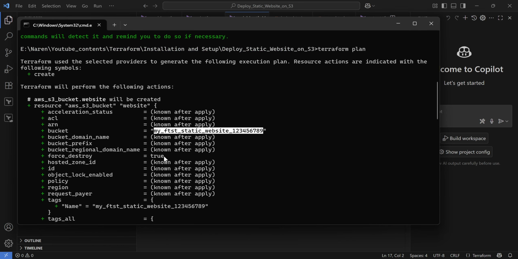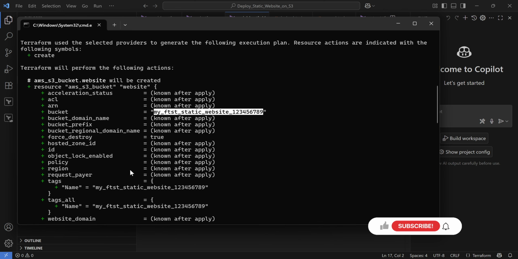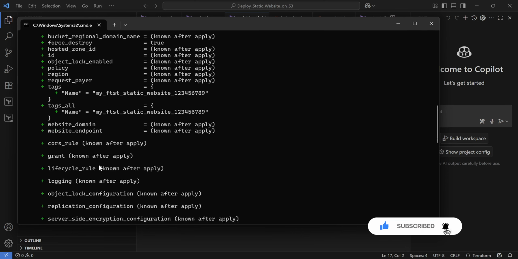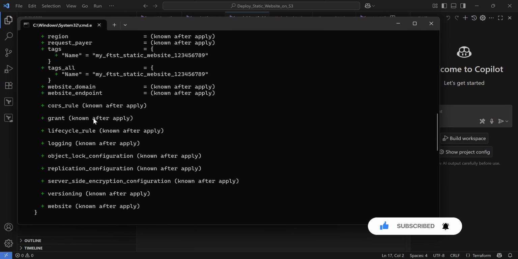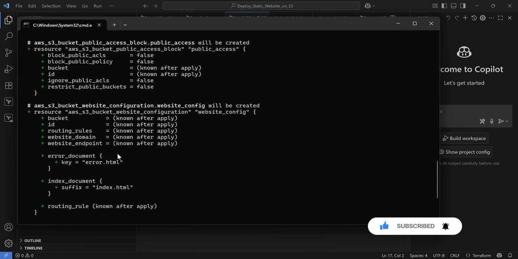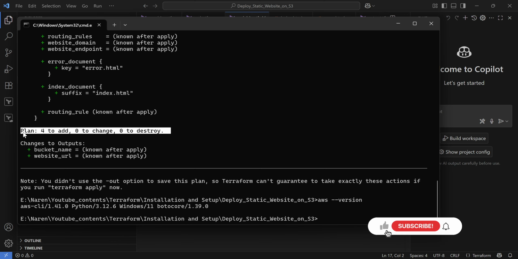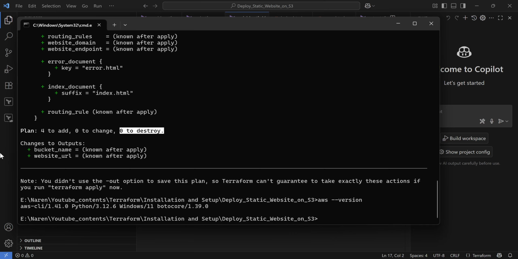The force destroy is true, and then we have a tag name, the name of the bucket, the website domain, and some other information. At the end of the output you can see the plan: 4 to add, 0 to change, and 0 to destroy. Meaning, when you run terraform apply, you will create 4 services.